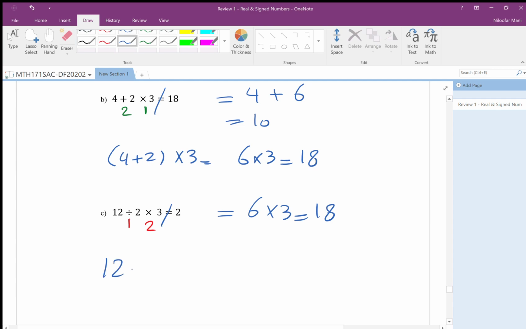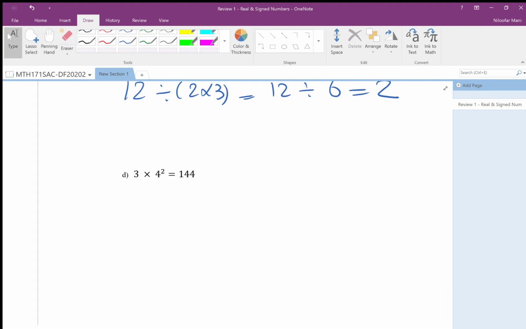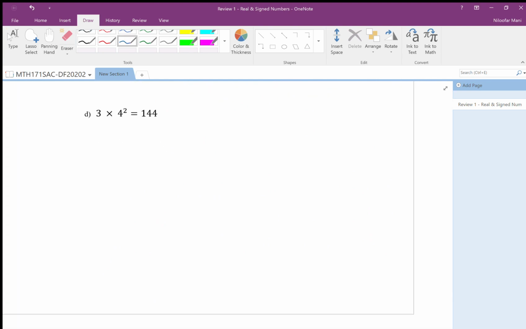So I have to do 12 divided by bracket 2 times 3, which is 12 divided by 6, which is 2. Okay, so I have to make changes in order to have that answer. Otherwise, it's wrong. Okay, how about here? Here, the answer is